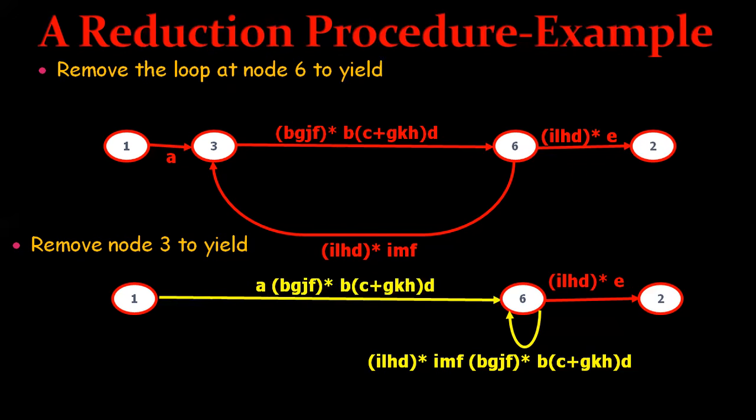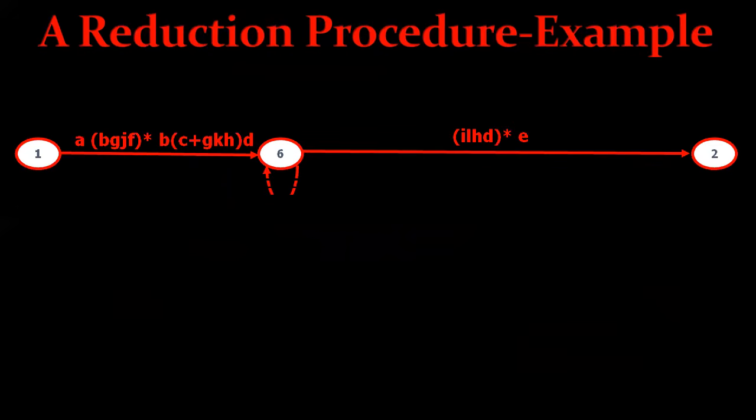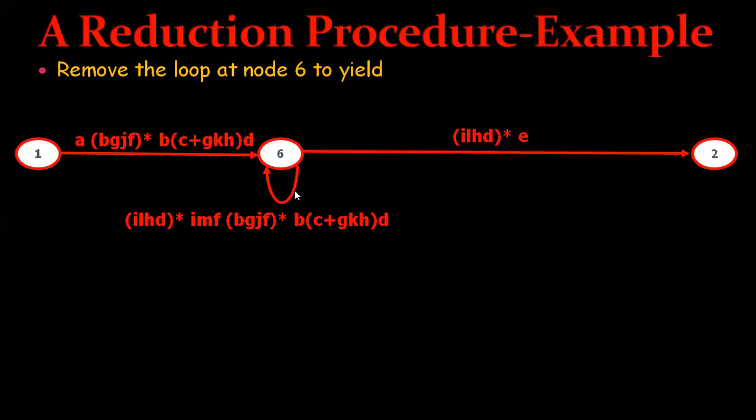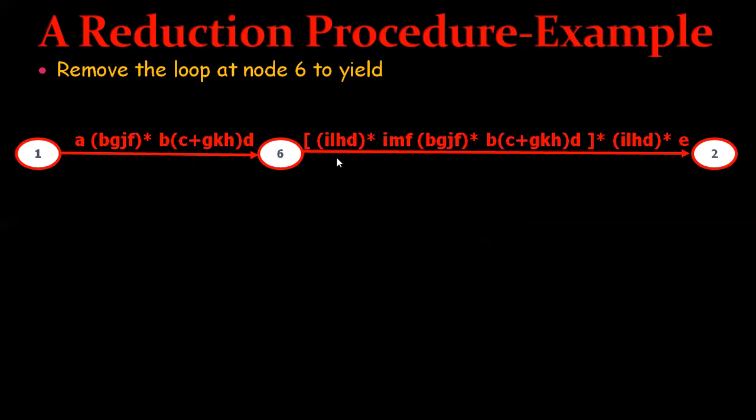Now, once again, let us try to see, this is the node. So let me try to remove this particular self loop, which is on node 6. Once I remove the self loop, what we have to do is put this particular expression with a star. So this is having an effect only on this particular link. When I remove this, I am going from 6 only to 2. So here the expression will be changing. This whole expression will be put with a star. So the whole expression I have put with a star.